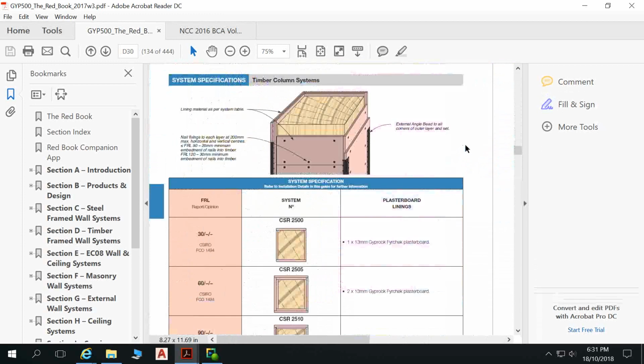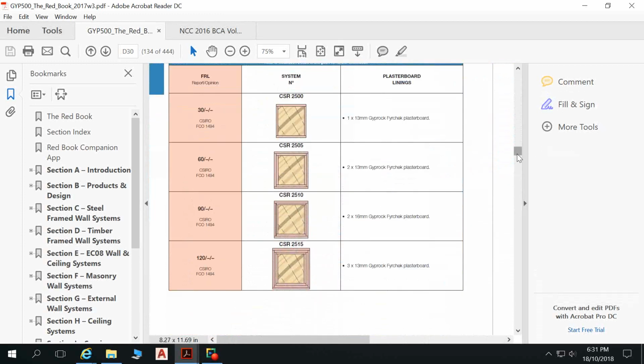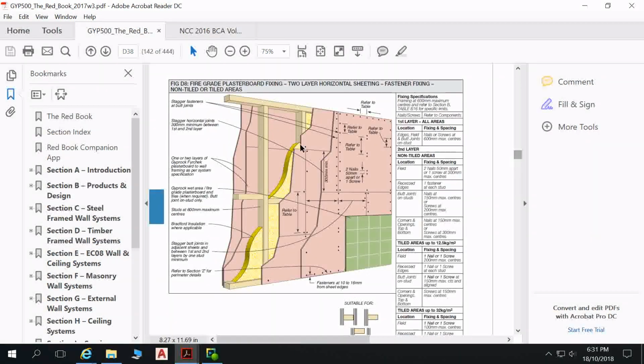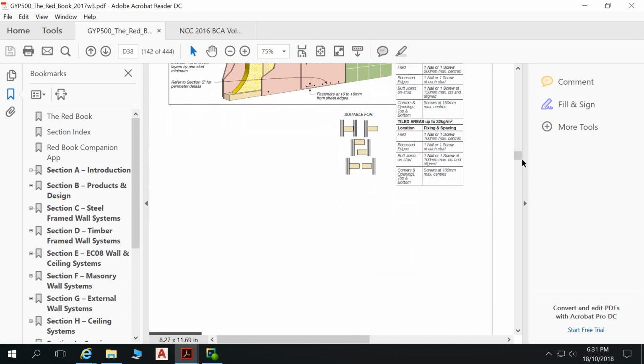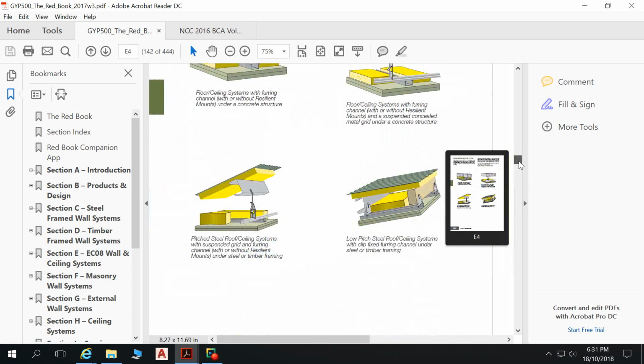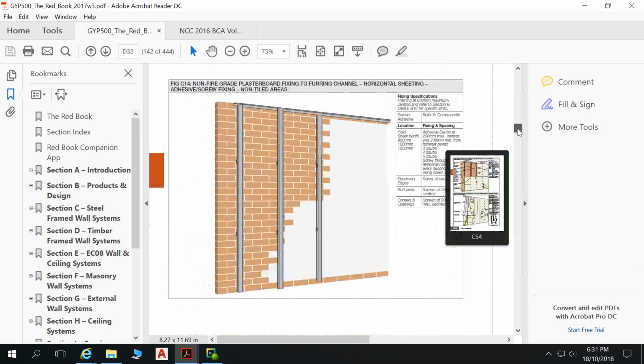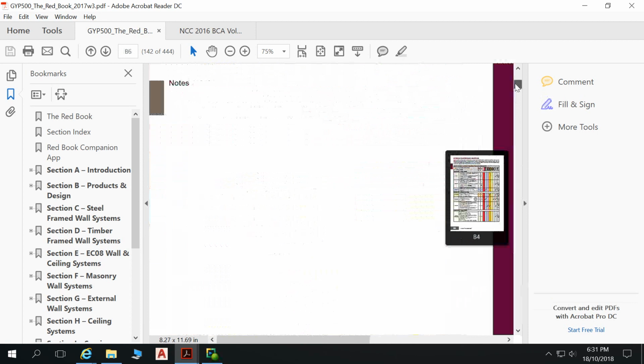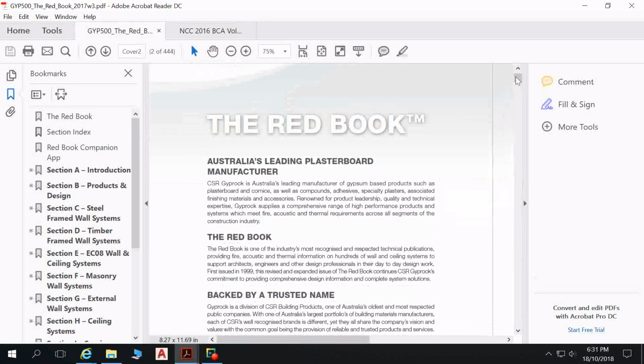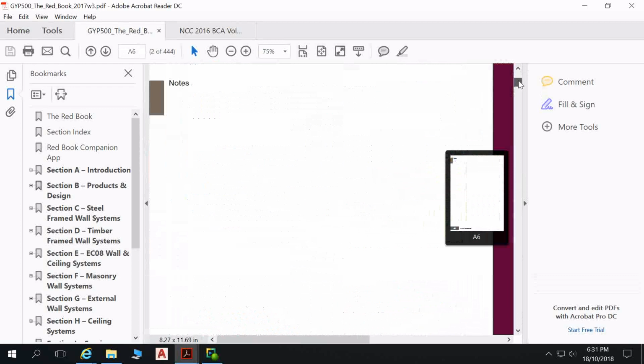But then beyond those details, we get installation details such as this. So it shows how that fire check has to be installed to meet those fire resistance levels. So here we can see the staggering of joints, etc., and then the spacing of fixings. So all the wall sections have to be installed as per those details. So it's an incredibly handy guide to have. Other things included in this guide are